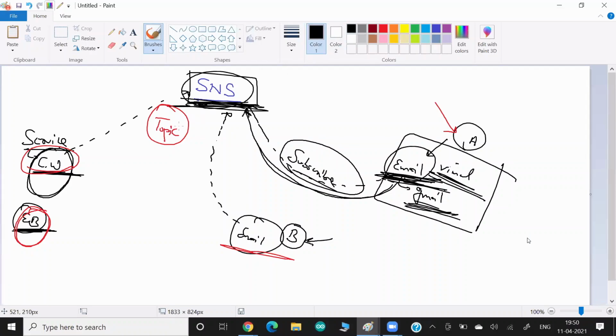I'll ask CloudWatch to go and publish the notification to this topic, which is topic number A. And the topic will send anything published to it to this subscription. We can create one more